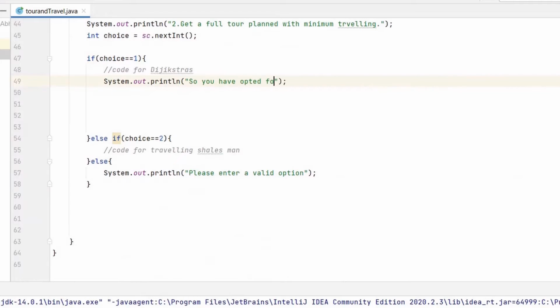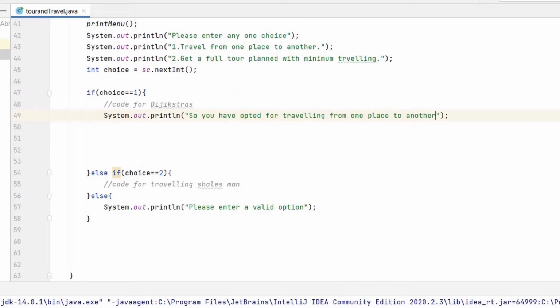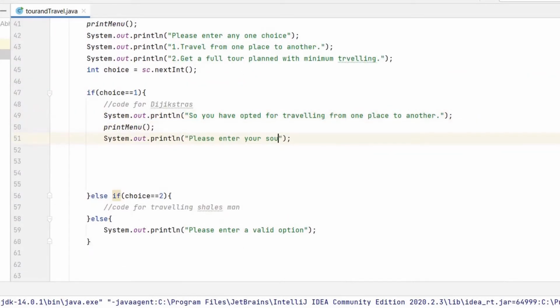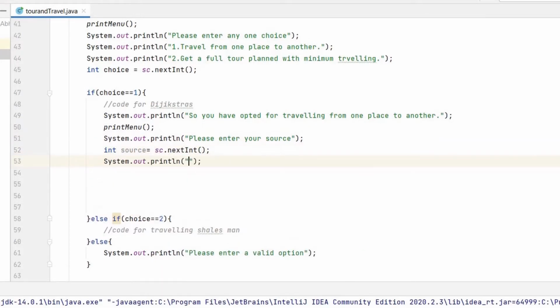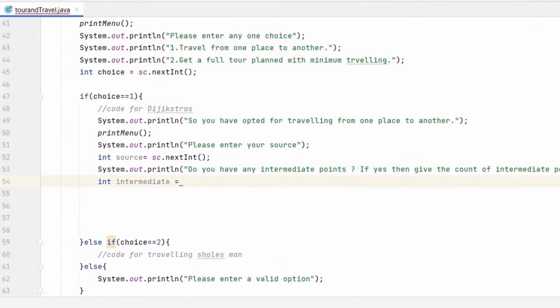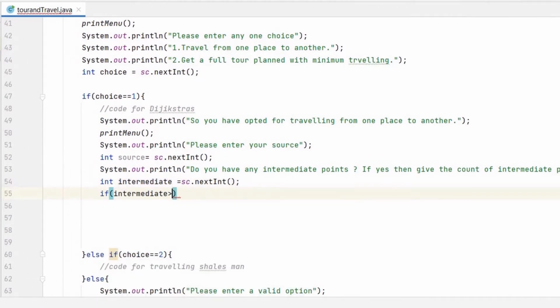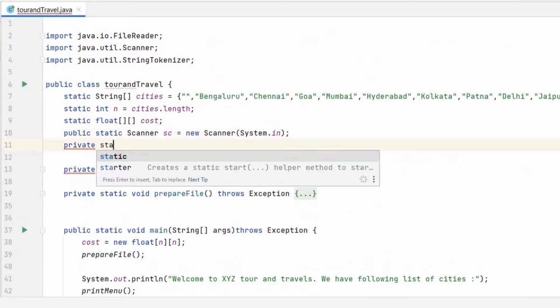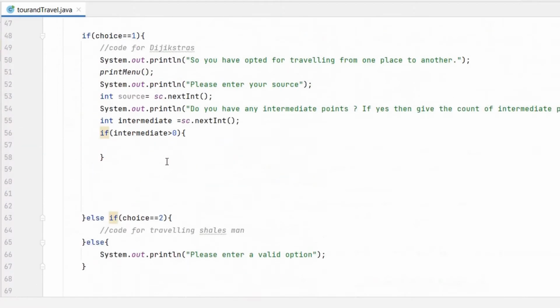So now first, if choice equals 1, we will ask for the source and we'll store it in a variable called source. Then we will ask for intermediate stops. If yes, then the number of intermediate stops, and if no, then it is going to be 0. Then we are going to initialize a variable called intermediate.